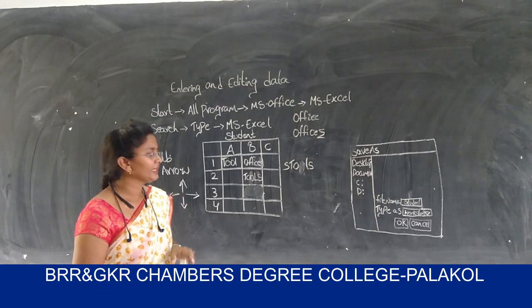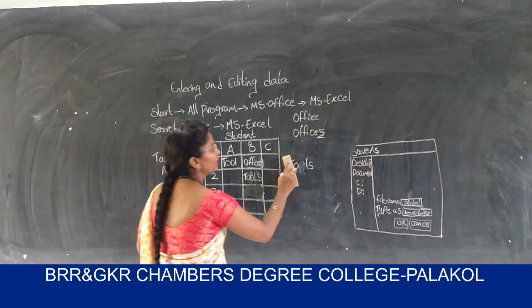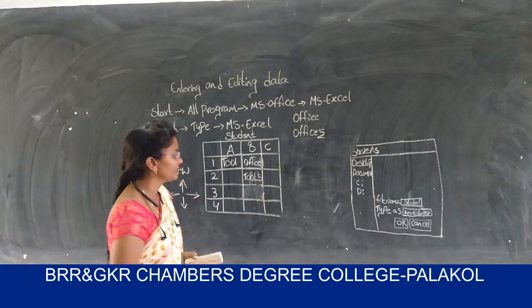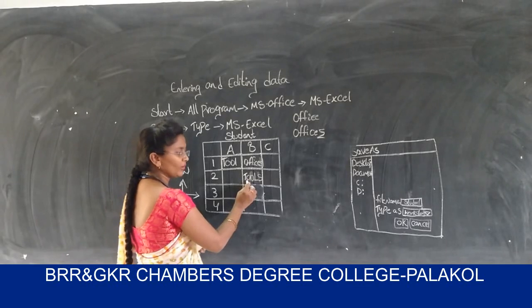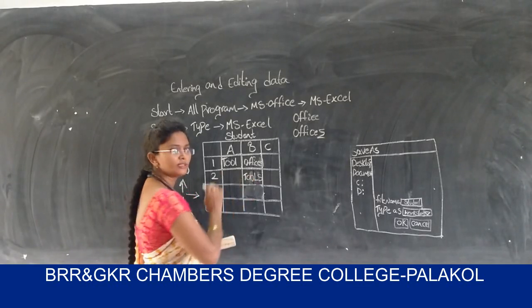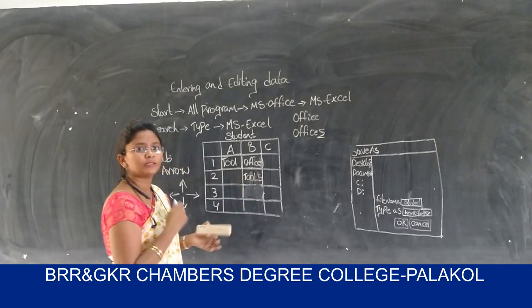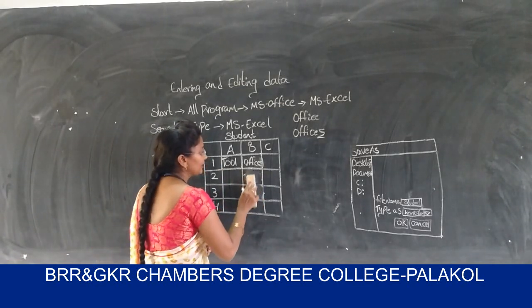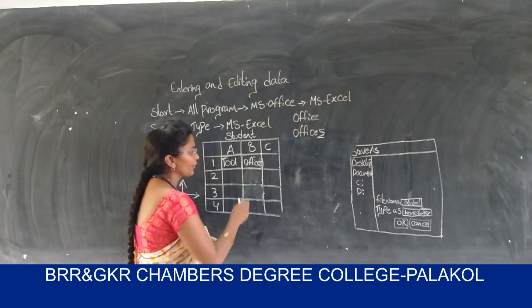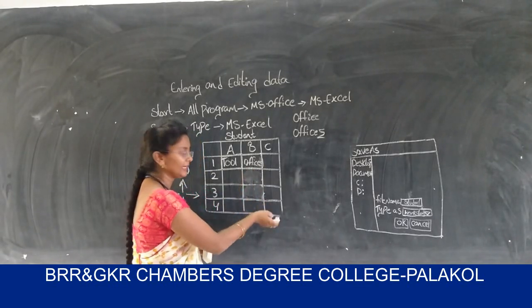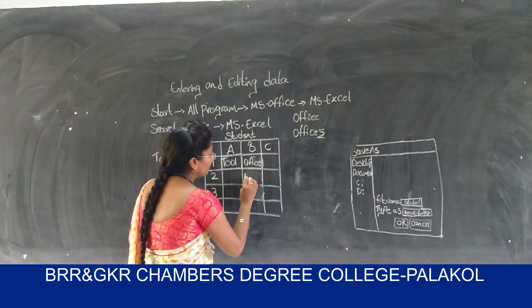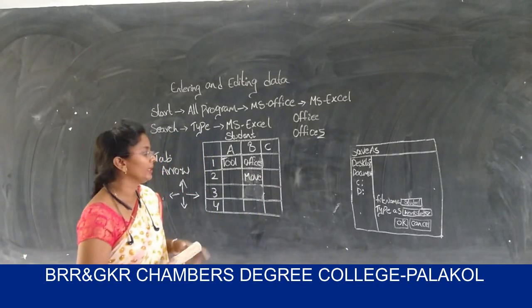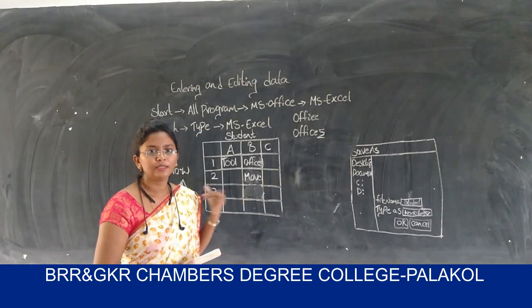And a quick and easy method is also available in the Excel sheet. What is that quick and easy method? Place the mouse pointer here and click on this cell and start typing from your keyboard. If you click on this cell and start typing from your keyboard, then automatically the old entry will be deleted and the new entry will appear in this cell. This is the quick and easy method to enter data.